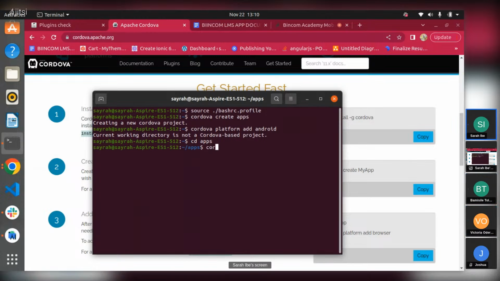Okay, so cordova platform add android. It's version 10 rather, not 11.